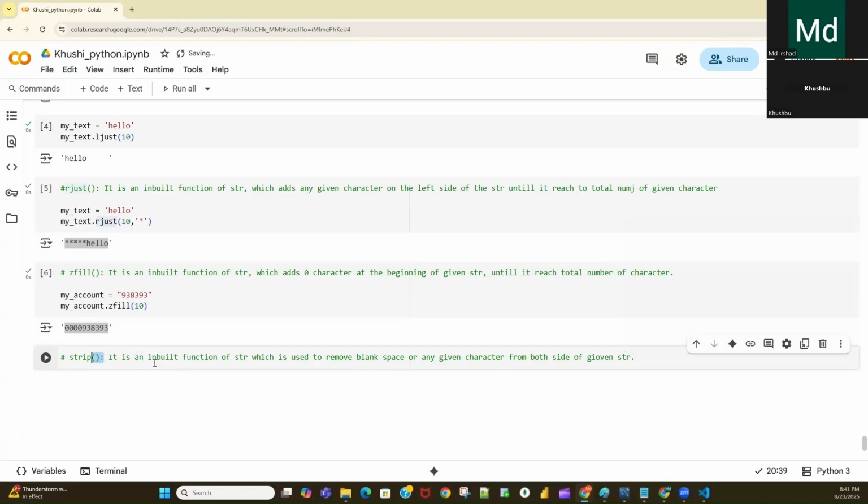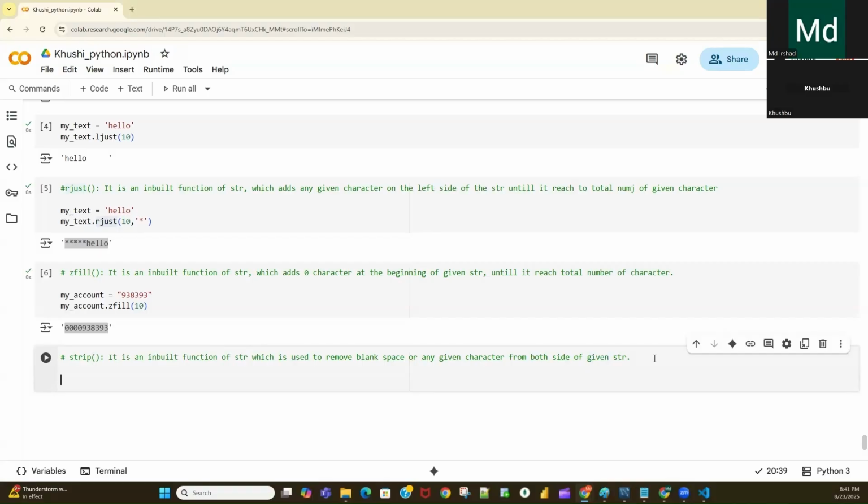So the strip function will remove a blank space or any given character from both sides of the given string. Sometimes, whenever you are pulling the data from a database or from a CSV file or other sources, along with the data, the space will also come.